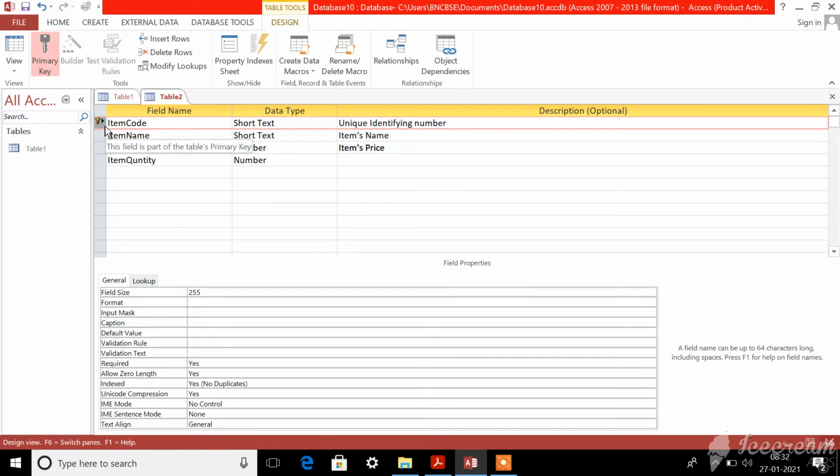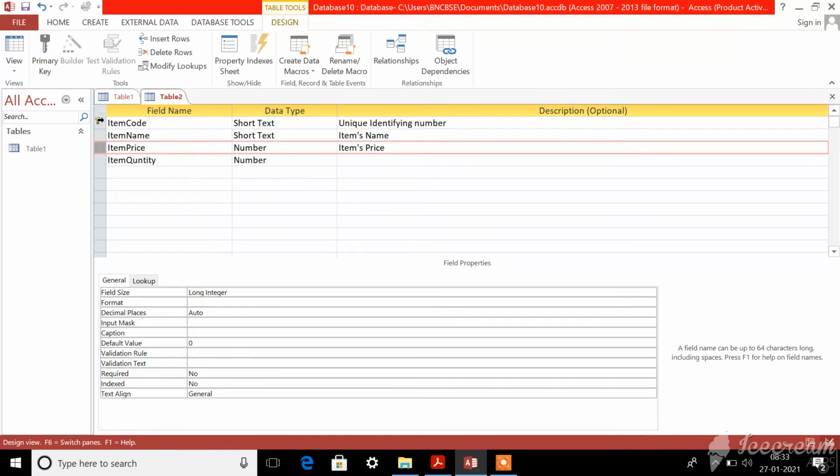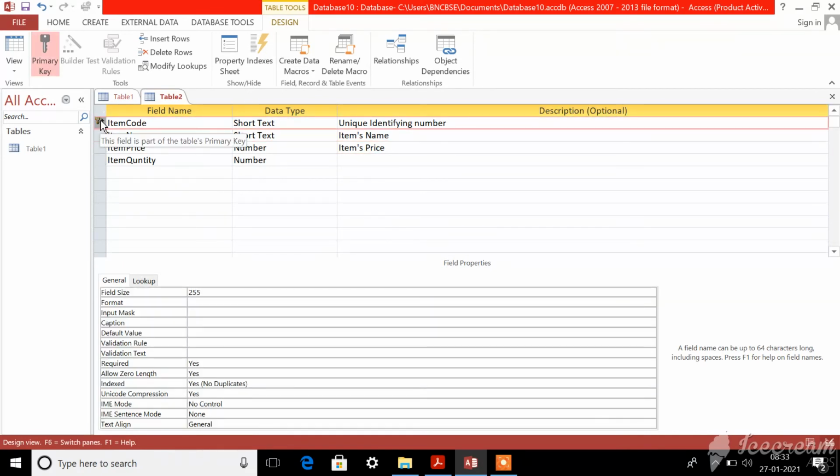This is how you should set the primary key. Understand, dear children? First you should go near the field selector, then click there. Even this you can set as primary key, and this also. Whichever you want to set as primary key, go and click there, then go to the design tab, then click the primary key.